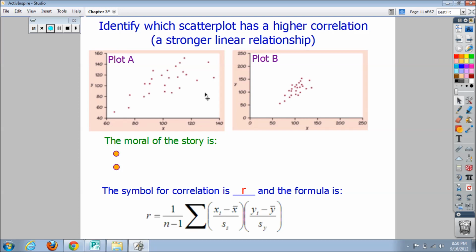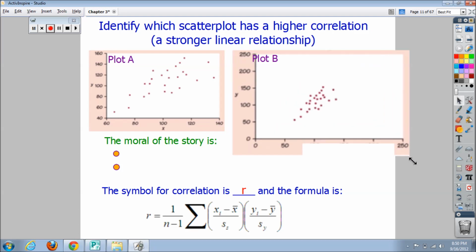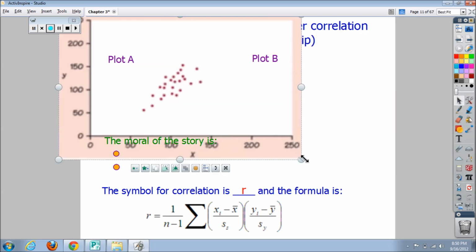But the thing is this, look at the scales. Notice plot A, this is probably somewhere in the 60s all the way up to the 130s. And then notice the scale on the x over here. This is again about in the 60s and about in the 130s to 140s. Really, the only thing I did was take plot A and shrink it so it looked like plot B. If I took B and kept increasing it,